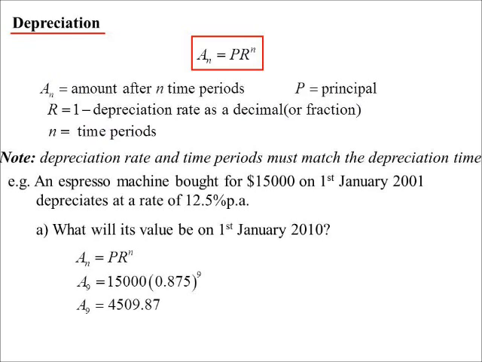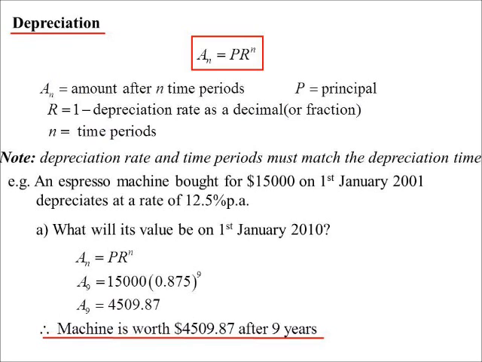So, okay, here's our formula. 15,000, subtract the interest rate of 12.5, but as a decimal, that's 0.875, and that's 9 years. Be careful there. The temptation is to put 10 years down because we're going from 1 to 10. But if you think about it, starting at 1, then we go 2, 3, 4, 5, 6, 7, 8, 9, 10. Oh, look, only 9 fingers. Okay, power of 9. And it's now only worth